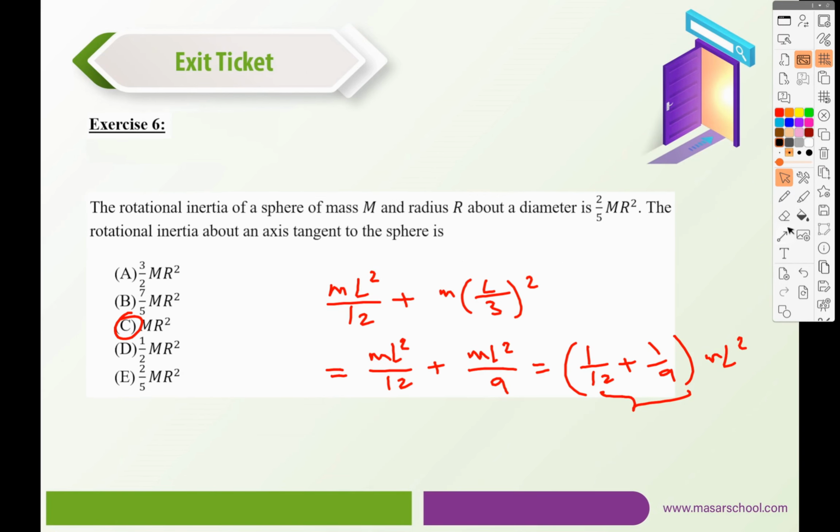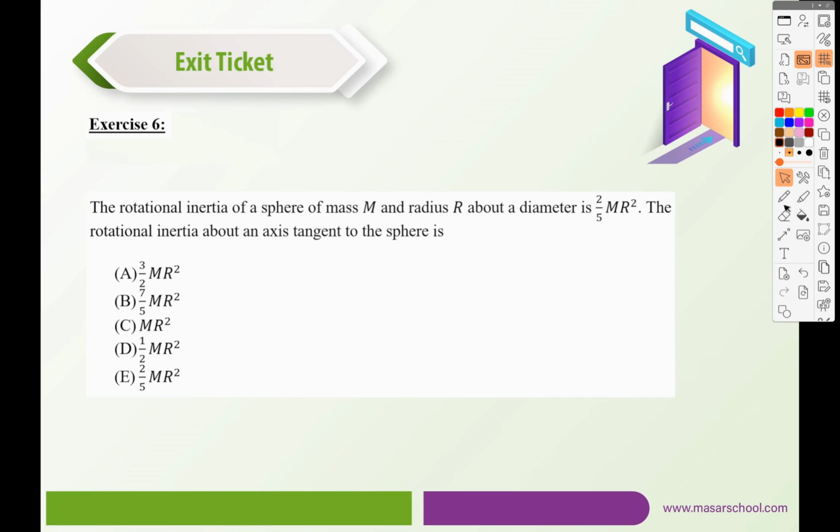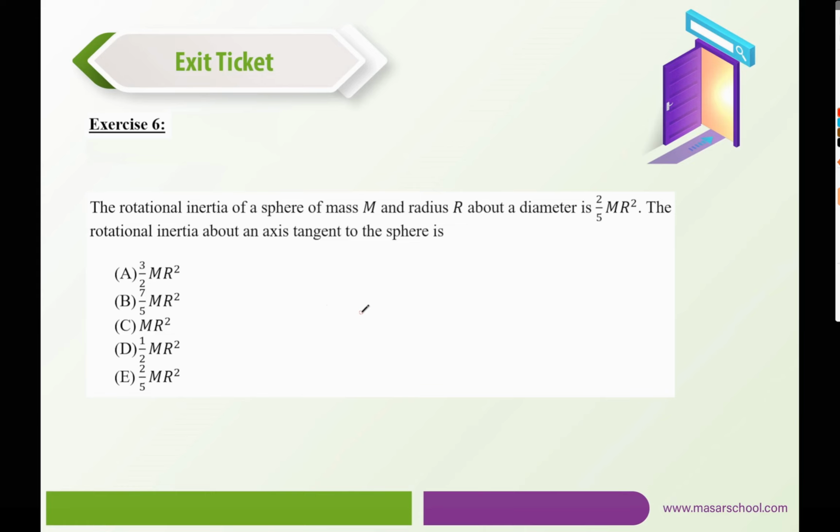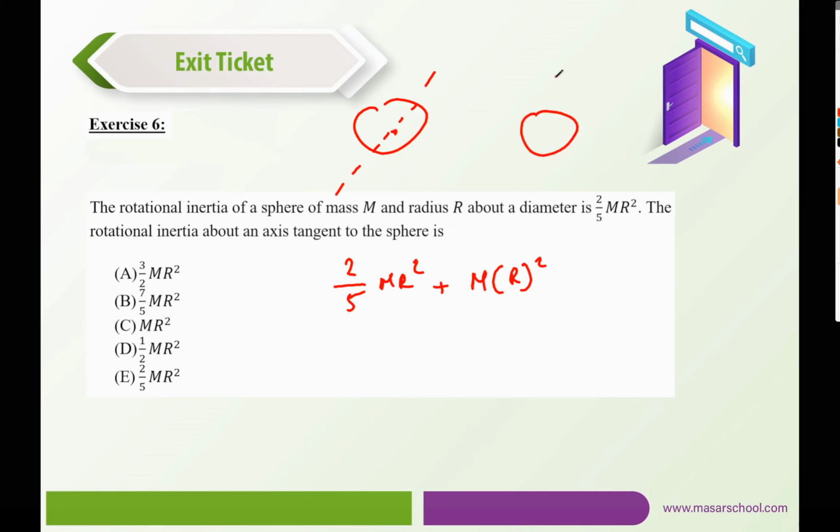And finally, the following exercise is an exit ticket for today's video. The rotational inertia of a sphere of mass capital M and radius r about a diameter is 2/5 mr². The rotational inertia about an axis tangent to the sphere is given by what? So that would be the old moment of inertia. We need to add a term that compensates for the change, which is r², basically the distance d is r, because initially the axis of rotation was passing through the center of the sphere. Now it's tangent to the sphere, so we will add only